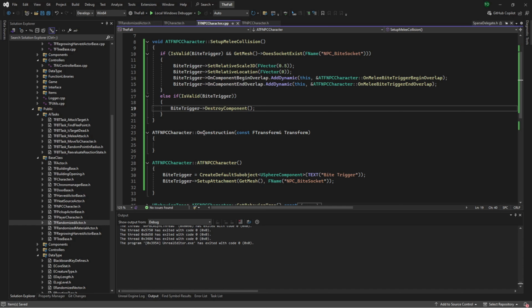So now that we've got this on construction added, what we want to do is add setup melee collision. The problem doing this is we have no way of overriding these two bits of information. So we can't change the scale, we can't change the location. So what we're going to want to do there is actually add those in as new variables. Are we in NPC character? Yeah, byte trigger. So I'm going to copy, actually before I copy, in here,